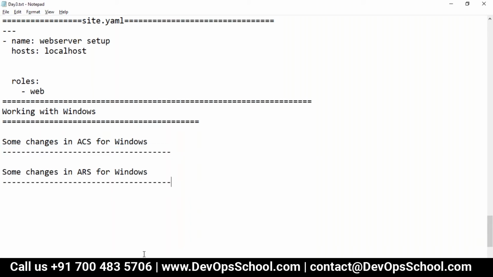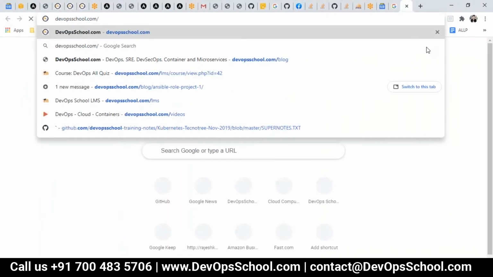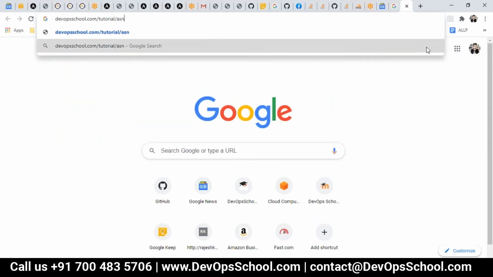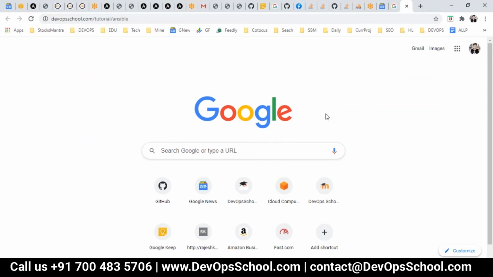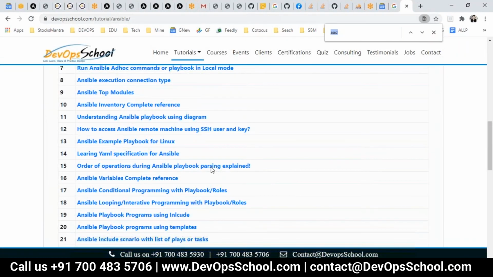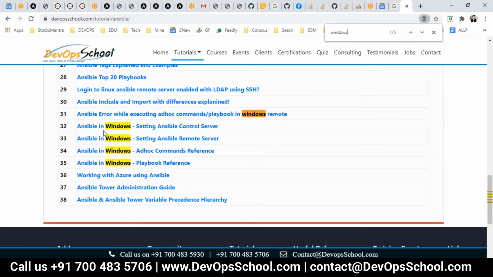All this I have documented, and you will find the instructions at the same place where you found all these other documents. This I have taken from the official documents, but the official documents have too much content, so I have automated it. See here, Ansible in Windows, setting up ACS server.